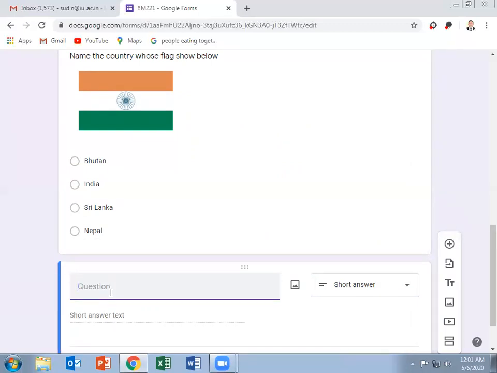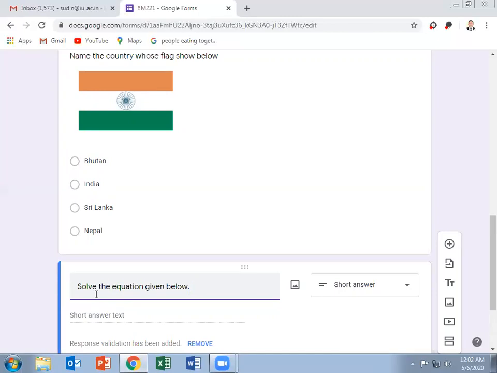For example, solve the equation given below, and I want to add some equation.